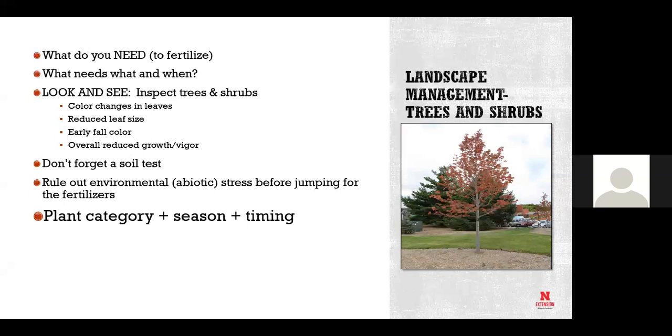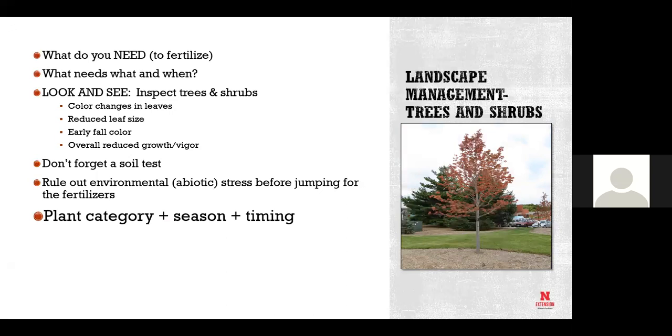Absolutely, because this is one of those too early things. If you prune too early and we get a 50-degree swing in temperature, or we drop below freezing, or we hold below freezing, what you've done is you have actually opened up that stem, and you're going to get additional dieback. What about holly? Same thing. Absolutely same thing.